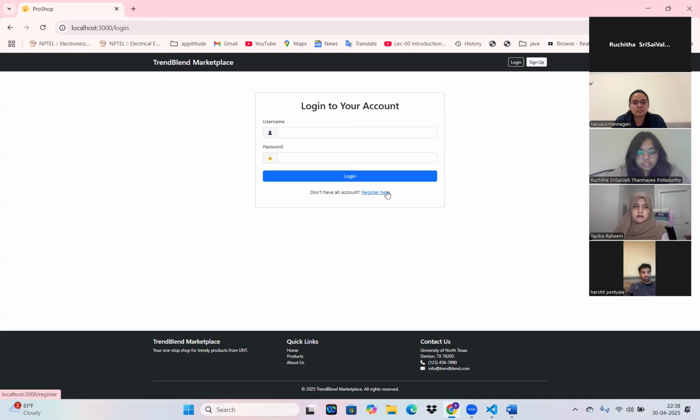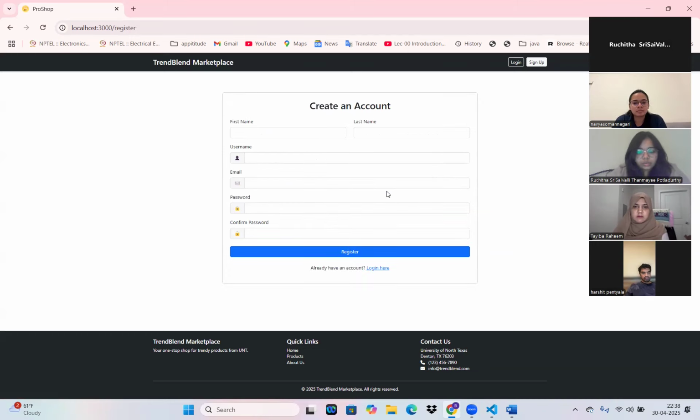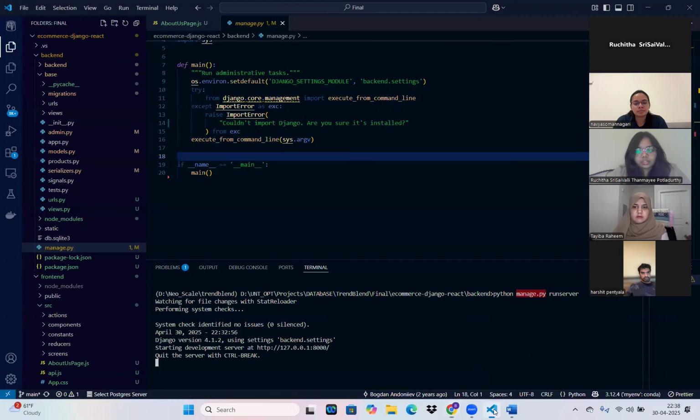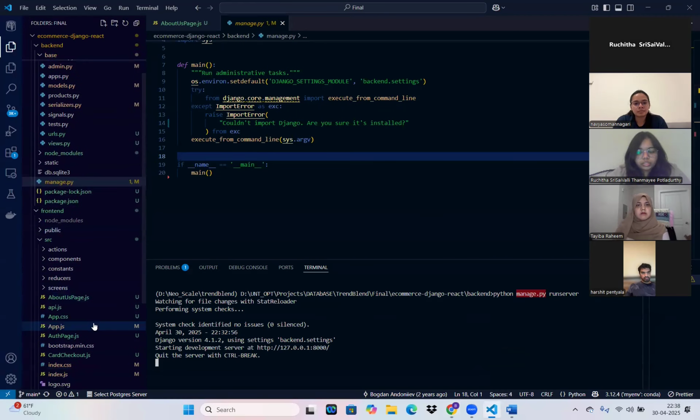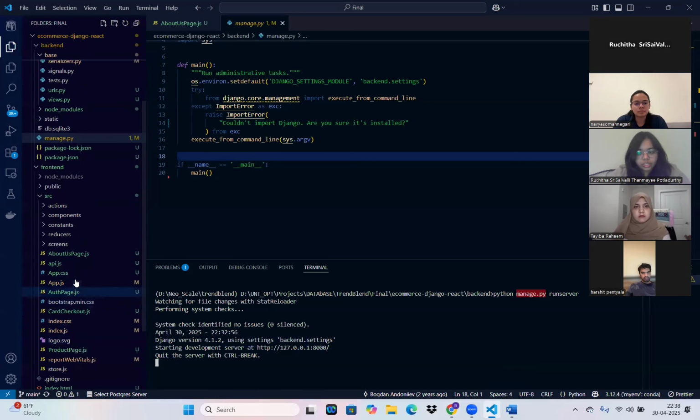Next is the registration page, where new users can create an account by providing their first name, last name, email, username, and password. For a personalized and secure shopping experience, both pages, login and registration, are stored in the auth